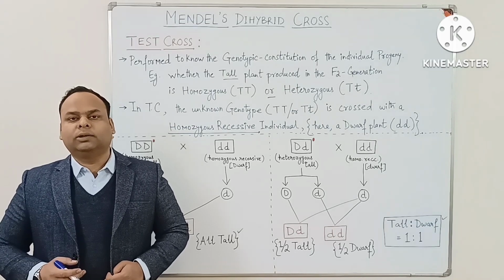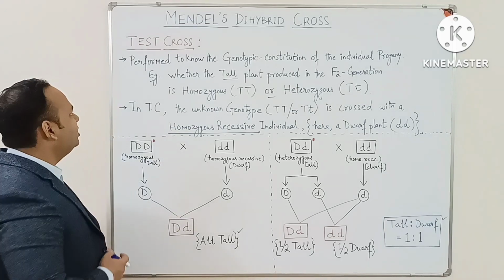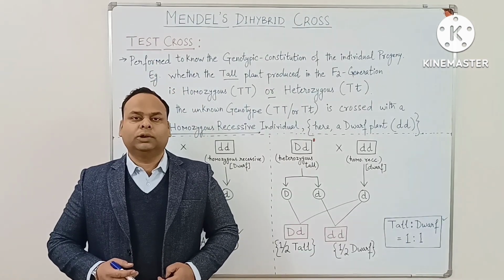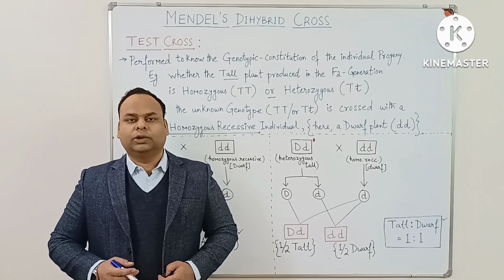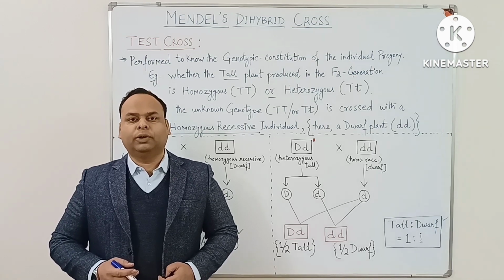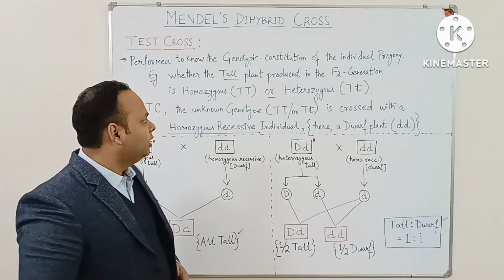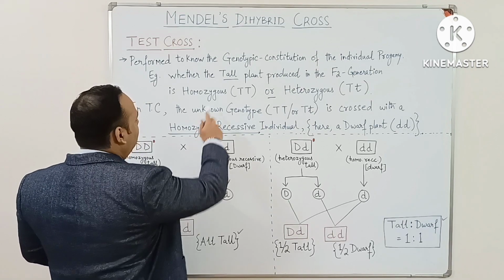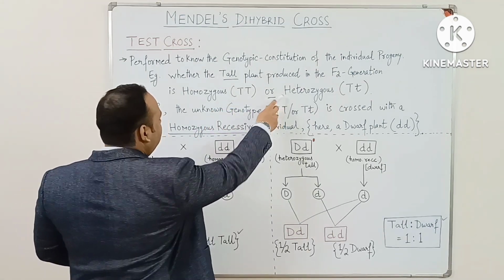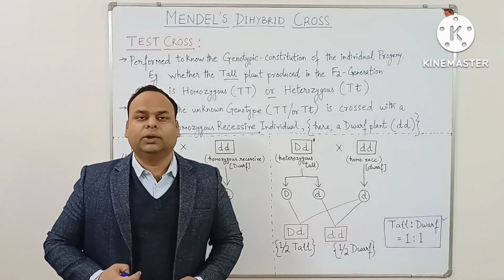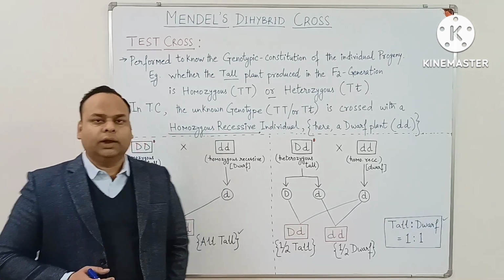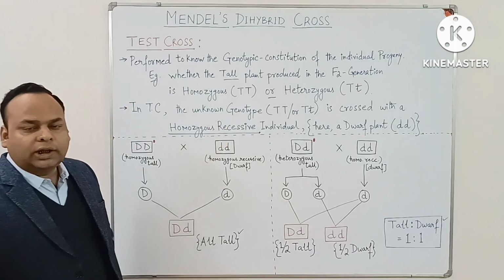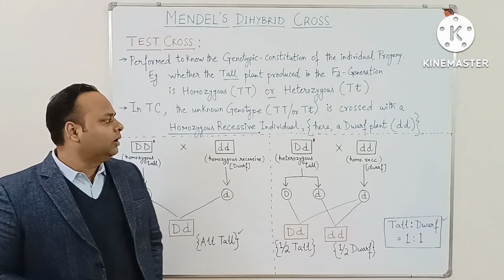Before moving to Mendel's dihybrid cross, let's first see what a test cross is. Now, whenever a progeny or the offspring shows the dominant phenotype, for example tallness, in order to know the genotypic constitution of the progeny, whether it is homozygous or heterozygous, a test cross is performed. In a test cross, the individual plant of a known genotype is crossed with a homozygous recessive individual, here a